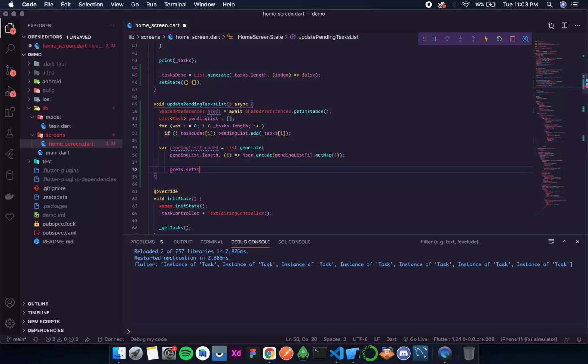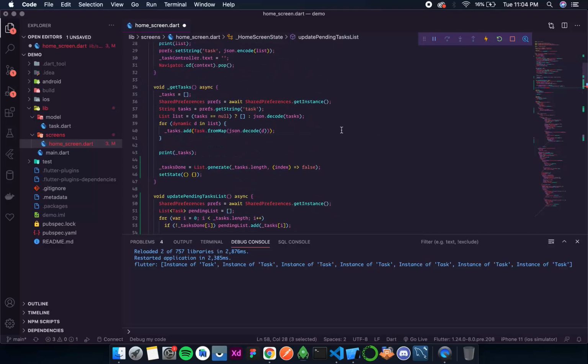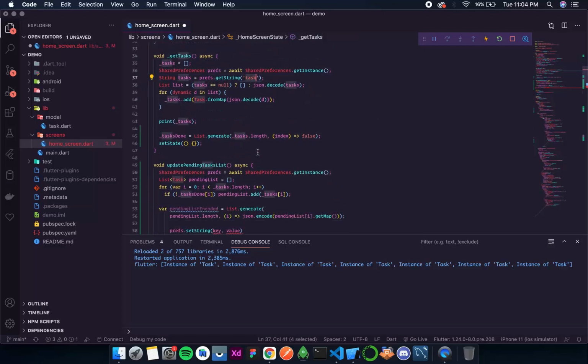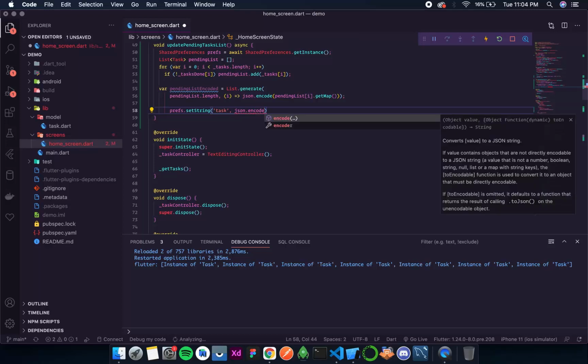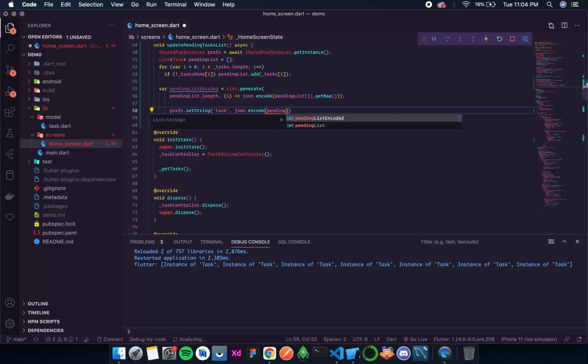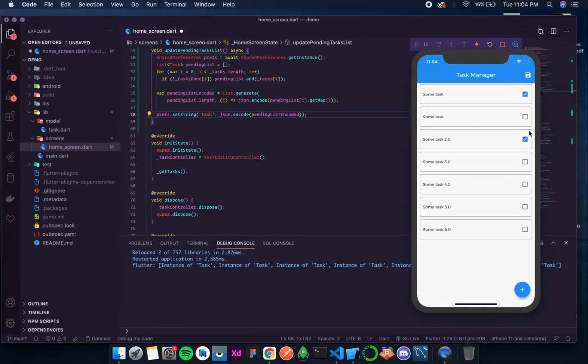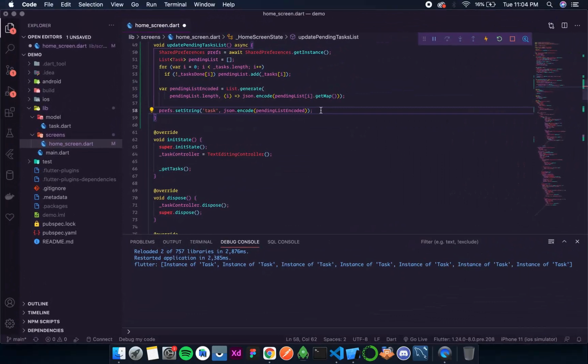Prefs dot set string, and the string name should be exactly the same as we have over here, that is task, and the value is JSON dot encode pending list encoded. So now with this we remove the tasks which are marked checked, and also save the remaining ones.